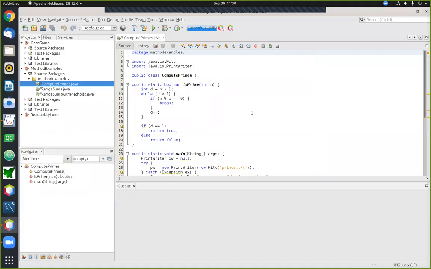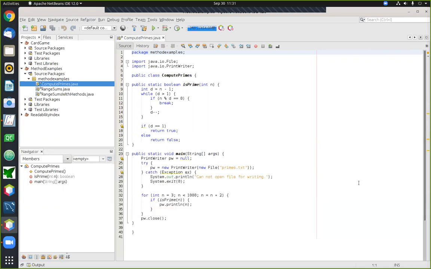All right, so today we're going to be continuing to talk about methods. Last time I showed you a first basic example of a method and how it can be used to clean up a piece of code and make it a little bit more elegant. The next example we're going to be looking at today is along the same lines.